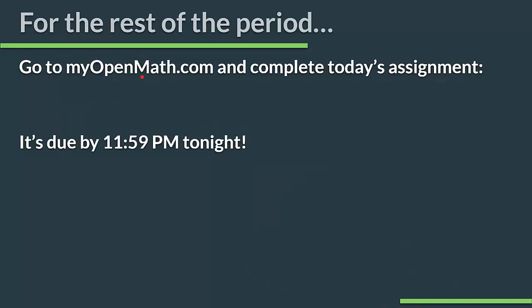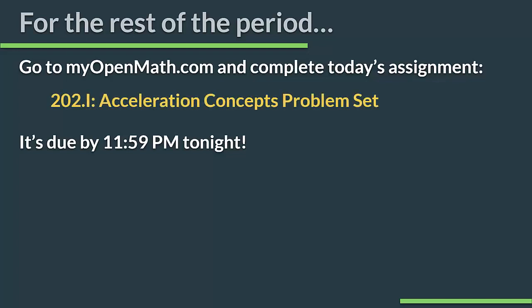All right, guys, those are all of the different types of graphs that you might see. Of course, you could see some that are more complicated that show a sloped line that then goes flat or whatever. You have stages, but for today, you're going to be working on My Open Math Assignment 202.1 Acceleration Concepts Problem